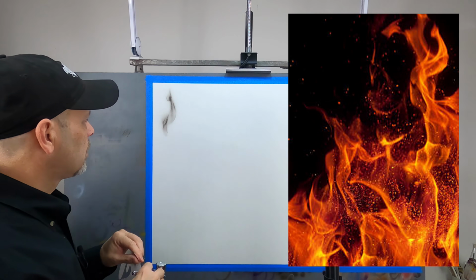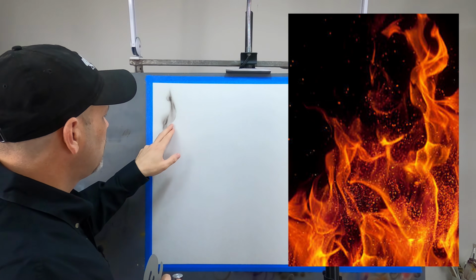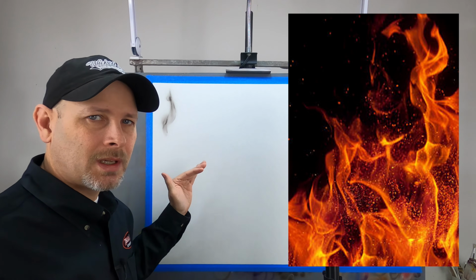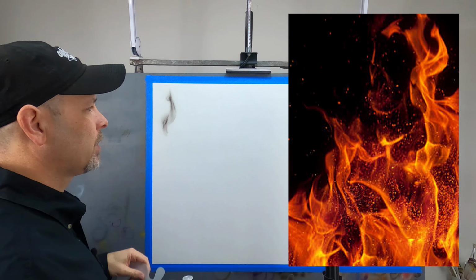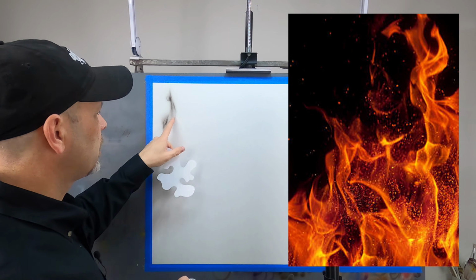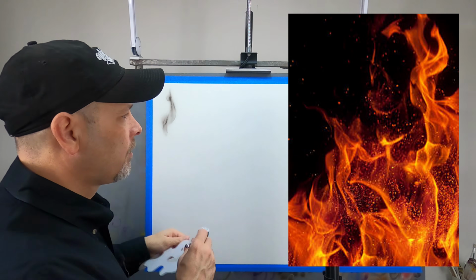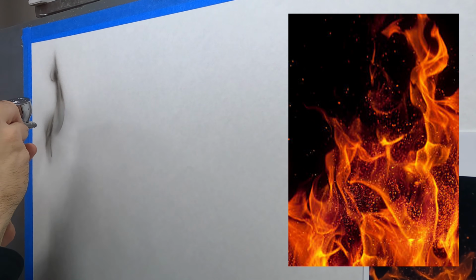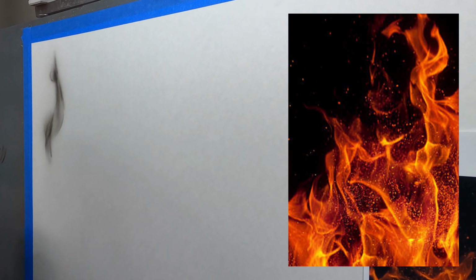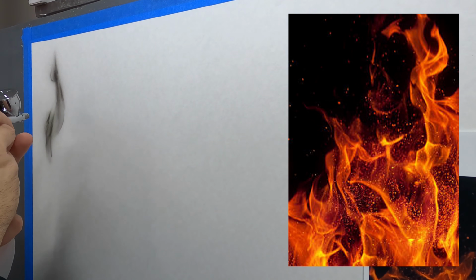You'll notice that this little section right here isn't technically connected. That's okay. You don't have to connect everything you do. Your eye will put that together. But that's a very simple way to kind of recreate that particular flame lick. And if you wanted to add the little flick you see in the photograph coming off of this section, you can do that very easily with a freehand stroke or two.